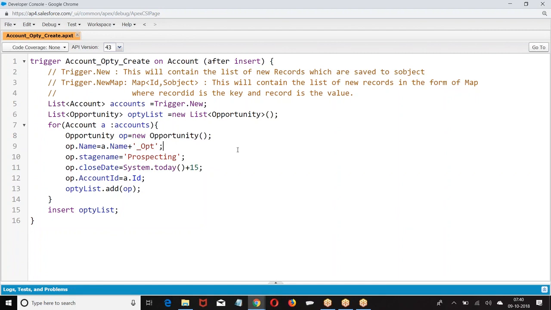Now who is the owner of the opportunity? I am the owner of the opportunity. Now who are you? You are the team members, who are collaborating with me. Now as a team member, what is the benefit for you? The amount we are closing will be added against your target.